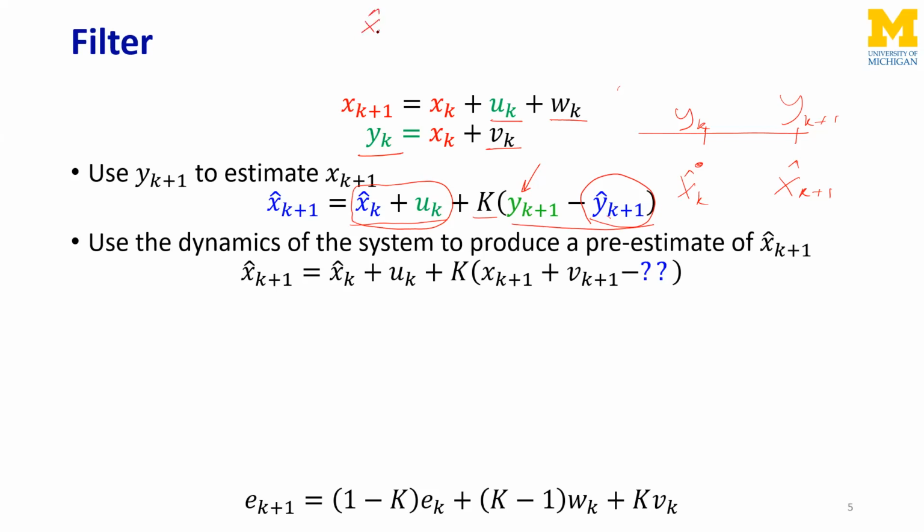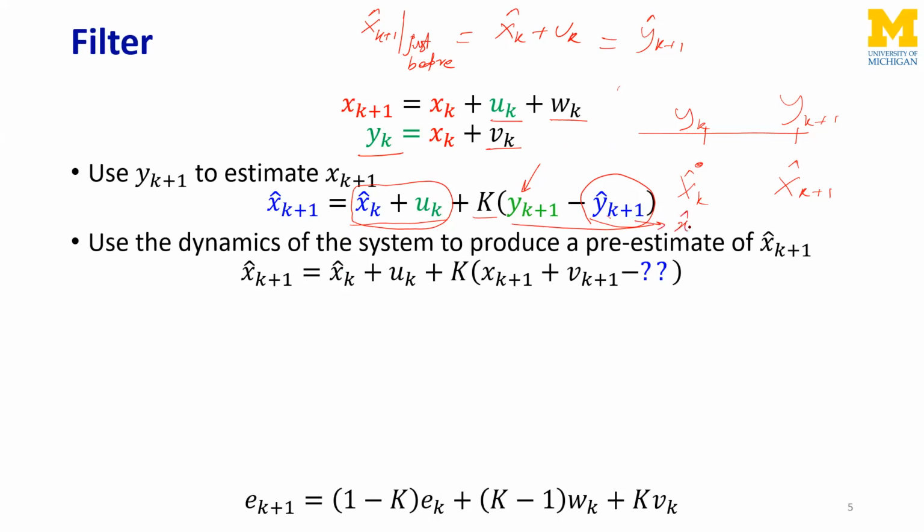x hat k plus 1, just before the filtering. The best we can do is just use the system dynamics, which is x hat k plus uk. So that's what we'll use for y hat k plus 1. Okay, so now that we know what we are going to keep here,